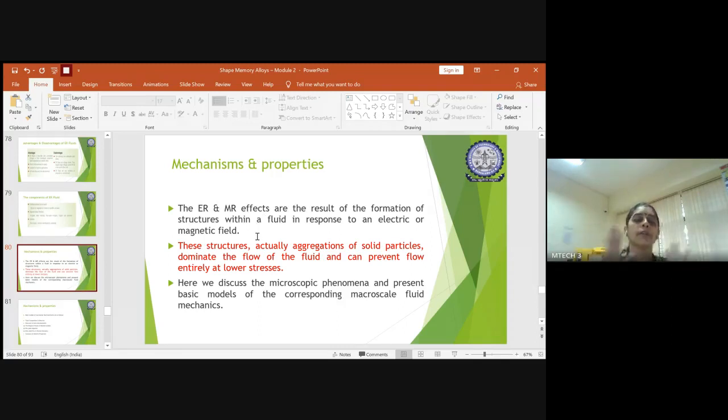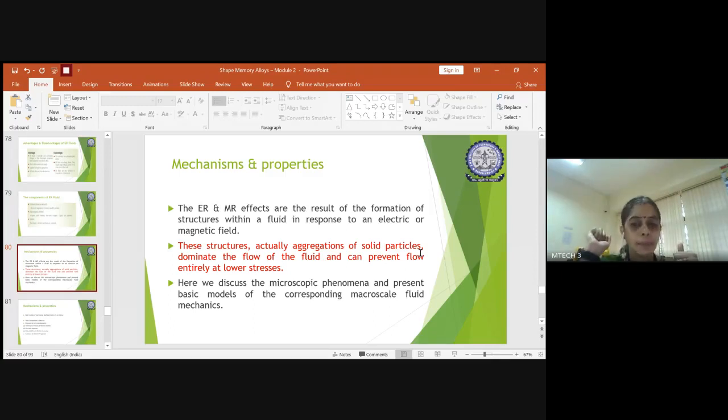You know about this basically, right? These structures actually have aggregations of very minute solid particles, which will be in either the micron or the nanoscale. These are nothing but the additives that we add to the smart fluid. If you add additives in MR fluid, then you should have iron particles or any other particles which have good magnetic